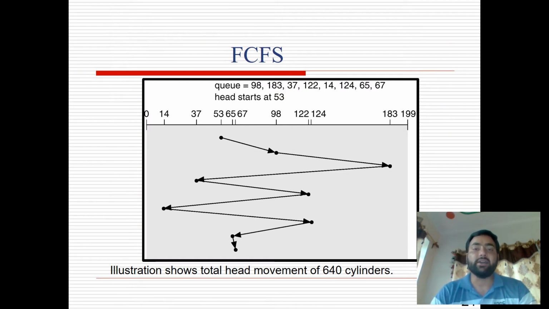That means less movement, less seek time, and better performance, as we have discussed in the previous video. So for this string, FCFS generates 640 cylinders of head movement.